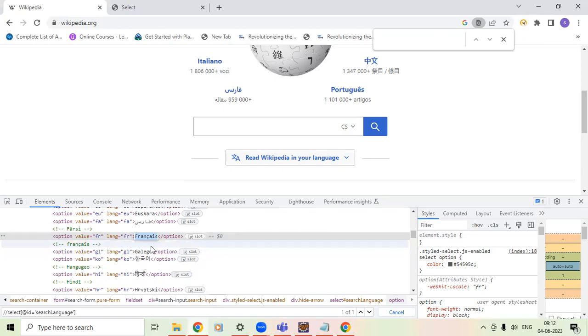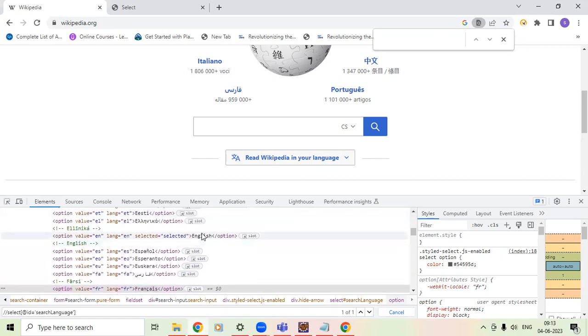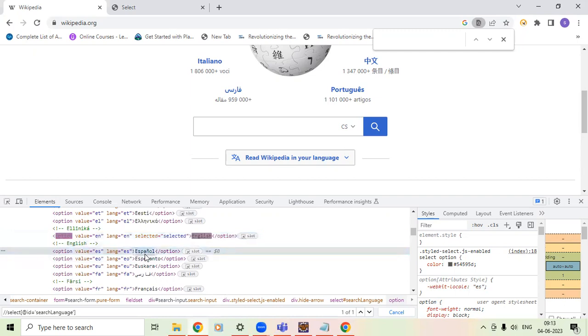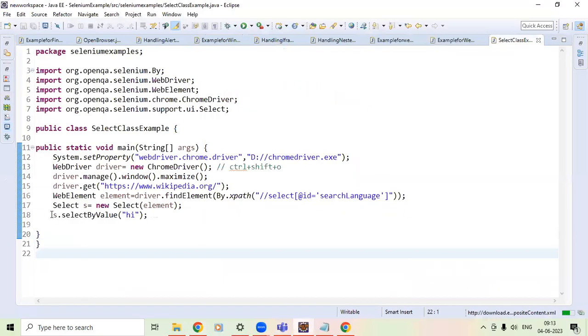Or otherwise I can take English. English is already the selected one. Yeah, I'll take this one. We copy this, and instead of select by value, what I can